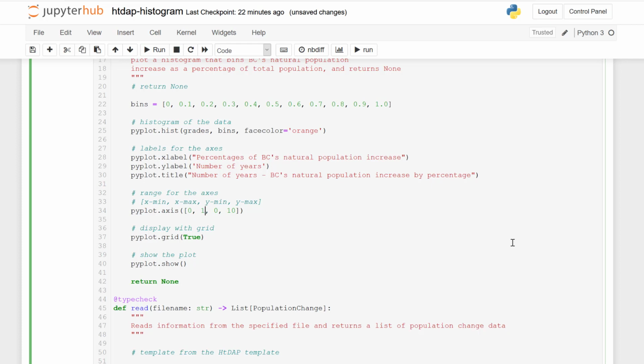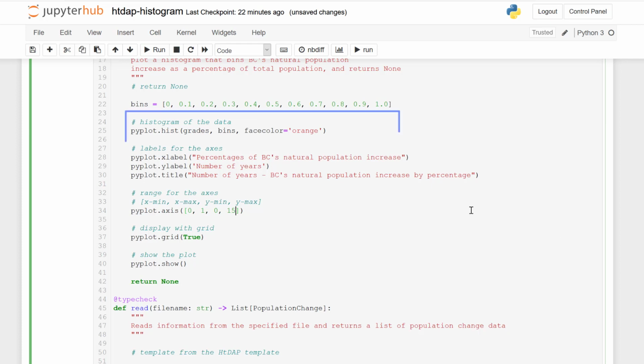If we left it to be 100, all of our bars would be very close to the left part of our grid, which is not what we want. And I'm going to increase this to 15. I'm not entirely sure whether that's an appropriate number, but once we see our graph for the first time, we'll be able to change it if we want to.